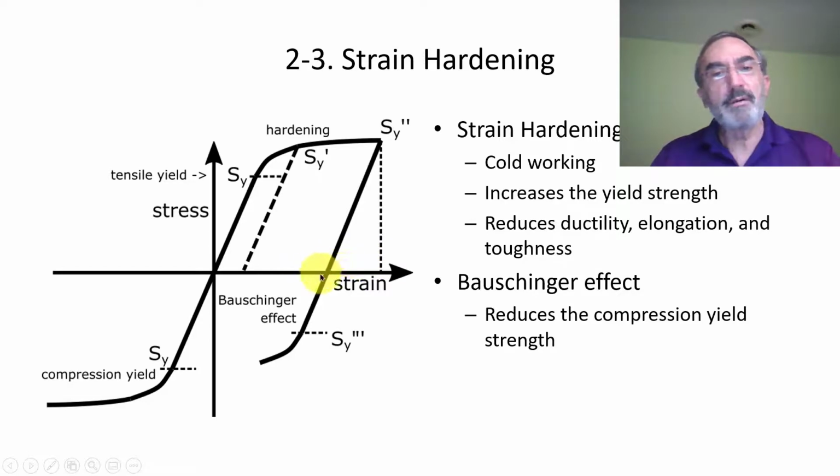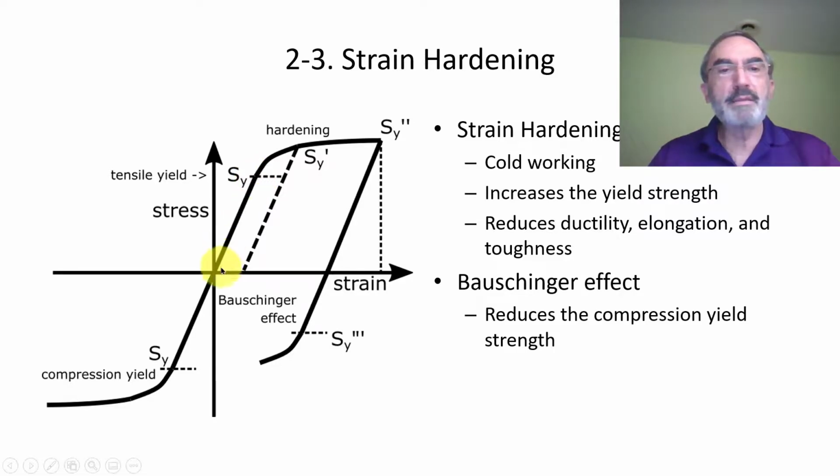The other shortcoming is this thing called the Bauschinger effect. When you have the original material, which means annealed, annealed means I put it in the oven, I cool it down very slowly, there is no residual stress, the material is, I would say, virgin. So, okay, you can go to S of Y and you can go to minus S of Y, and it will yield in tension and compression at the same value. Thus, annealed metals work that way. Compression yield is minus S of Y, and tensile yield is S of Y, the same number.